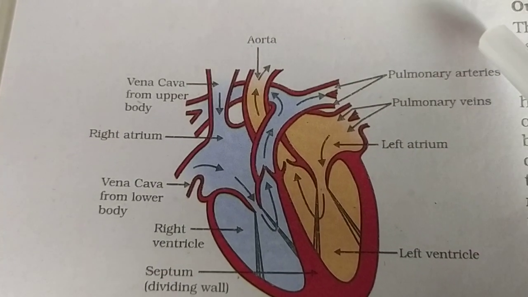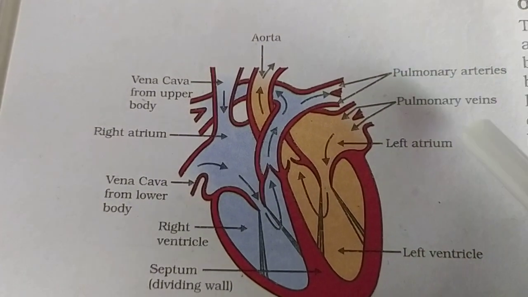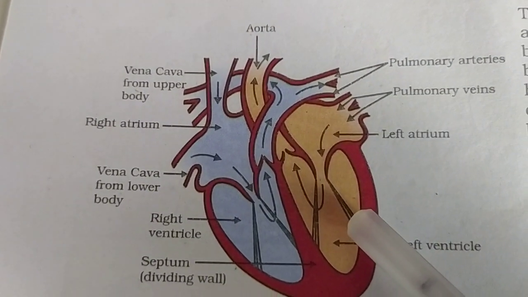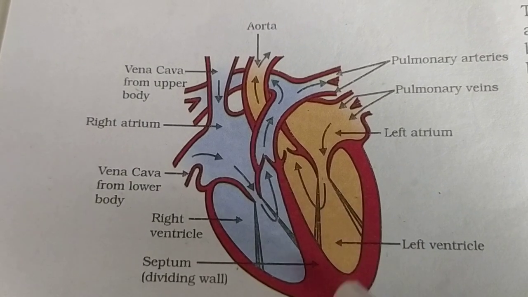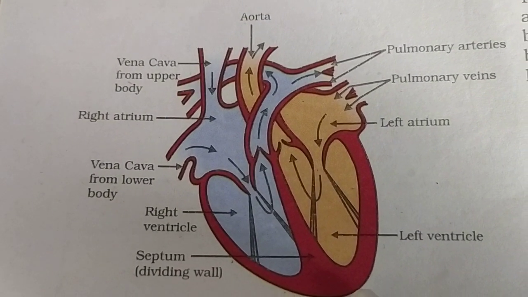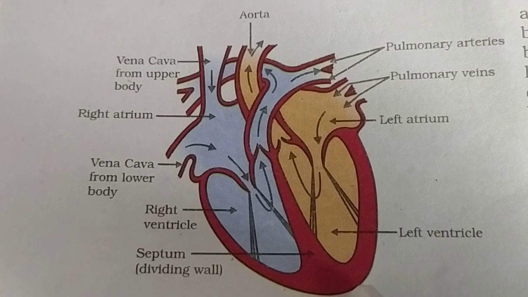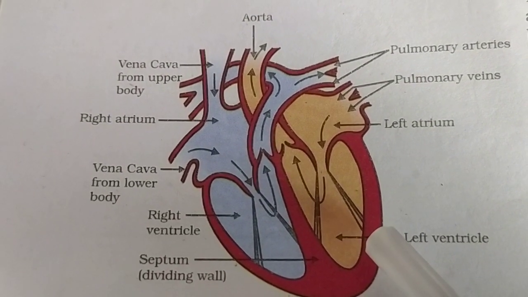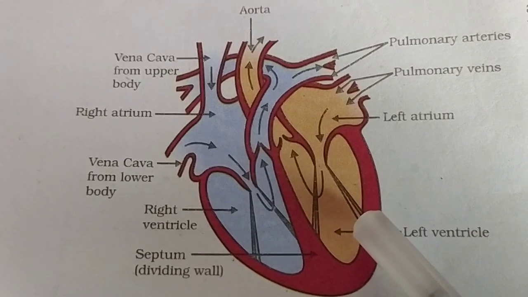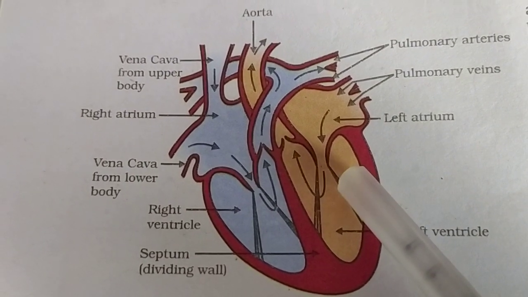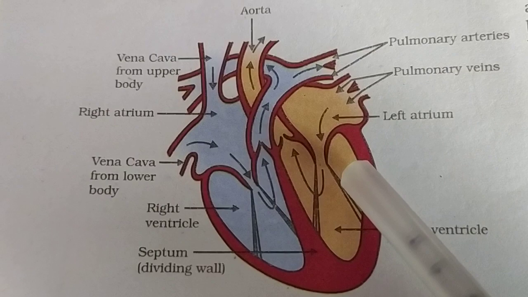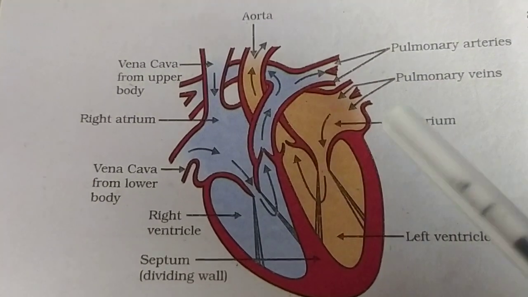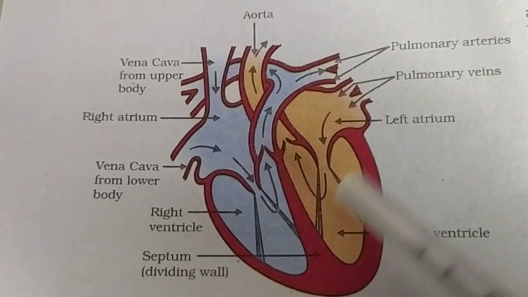Now here you can see that the blood has to enter the heart because it is the pumping organ. The heart helps in the circulation of the blood throughout the body. For blood to run with force, pumping is necessary, and the pumping is given by the heart by its contraction and relaxation movement. Now let us study how the blood passes through the heart.